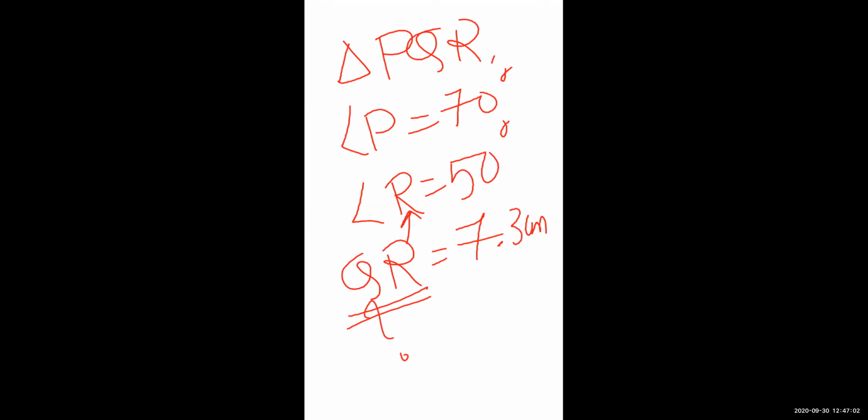If you are drawing QR here, then to construct the triangle both angles will be needed, right? How will you find out angle Q? As we all know, yes, it is 60 degrees, but how will you find it out?